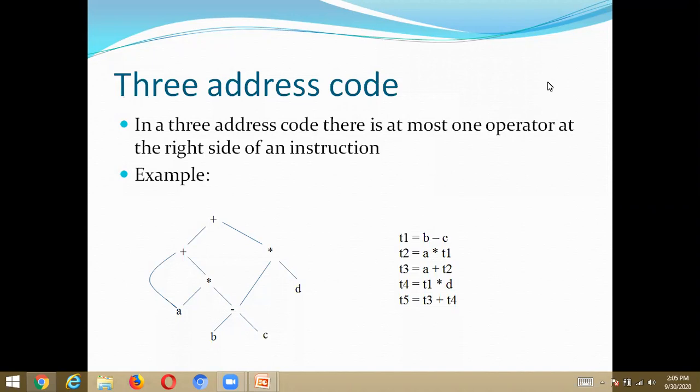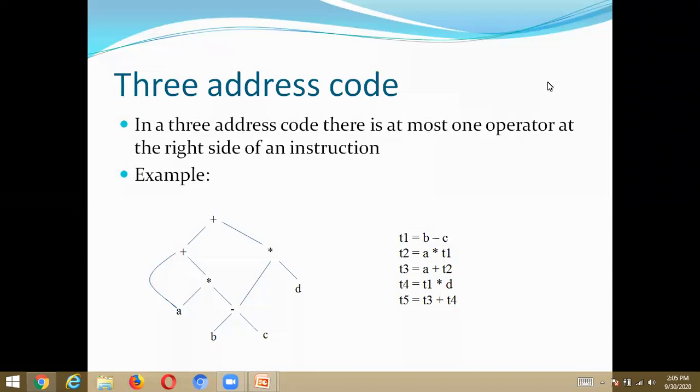And that is the most important thing. Again, I'm repeating, only a single operation on the right side of the expression is allowed at a time. T1, T2, T3, T4, T5 are the temporary names that are generated by the compiler. And finally, concluding the definition of the 3 address code: at most 3 addresses